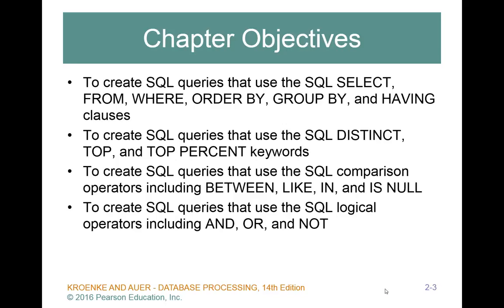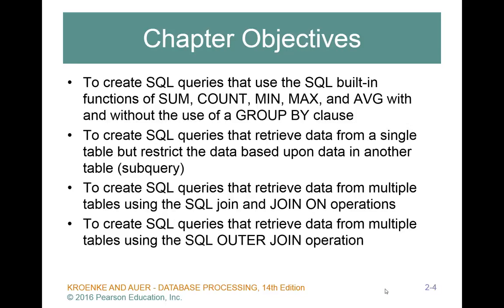We will also cover keywords for our SQL queries, like distinct and percent, as well as operators like between, like, and, or, and not operators. As we move on, we'll also be covering some of the built-in functions, like sum, count, min,